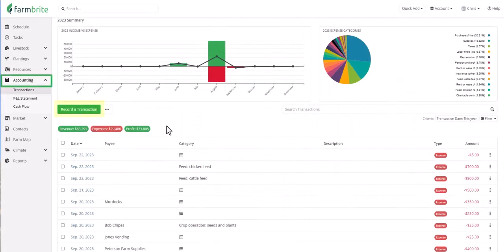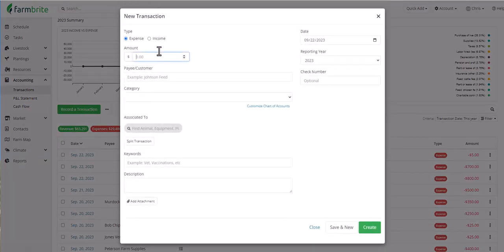In this video, we're going to take a quick look at how you can split accounting transactions. You can see that we're under the Accounting tab. You'll click on the Record a Transaction button to bring up a new window. The first thing that you choose here is if the transaction is income or expense, and then you'll supply an